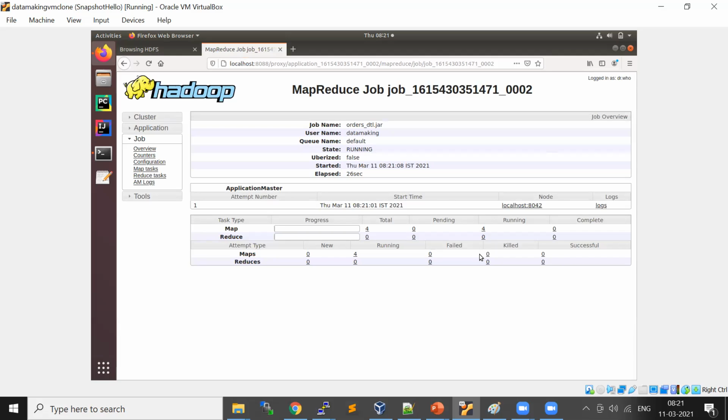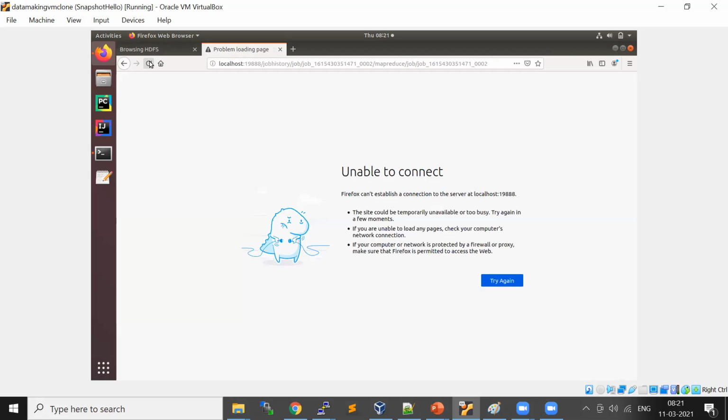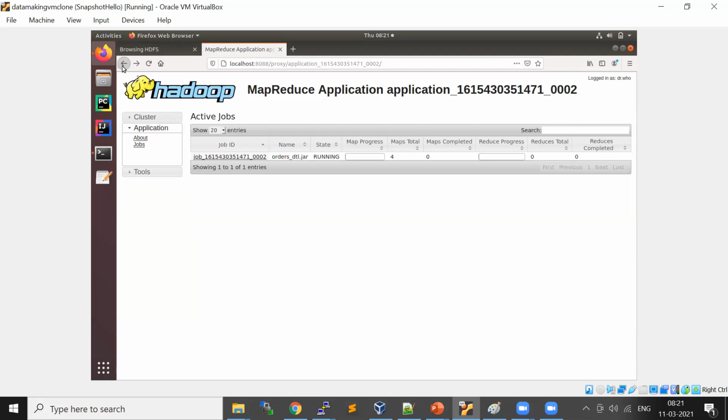Let's wait for these 4 tasks to complete.